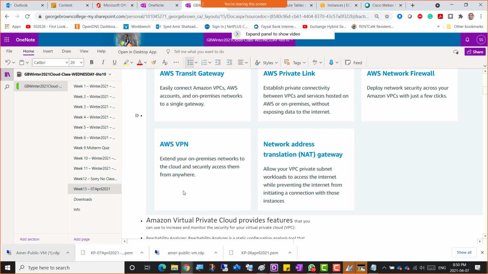If you want to connect from your on-premises, from your local branch, to your AWS with a private IP, then you can configure AWS VPN. Now I have that lab. It's a long lab to configure AWS VPN, and I've done that in some other place where I was teaching. So if any one of you wants to see the video or the whole AWS course